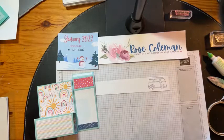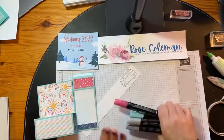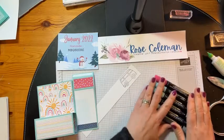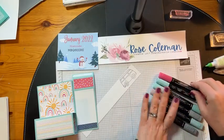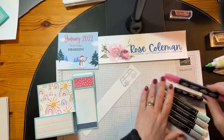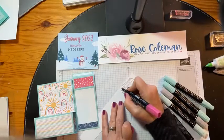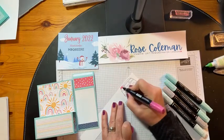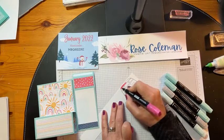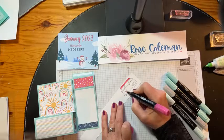Let's see, just grabbing my blends here. So I'll share with you the colors I used. I love, love, love the Magenta Madness and the Pool Party together, but I'm using Polished Pink, so it's quite similar. I'm going to take the Polished Pink dark and color the top of my van, this part up here, Polished Pink, and then